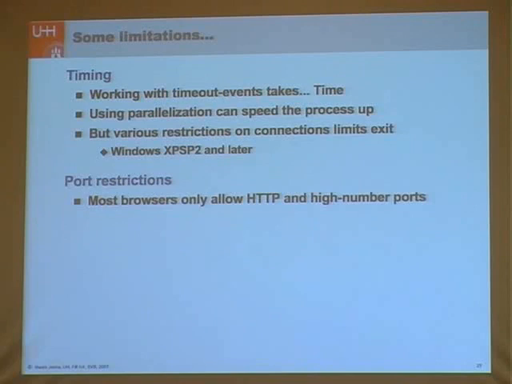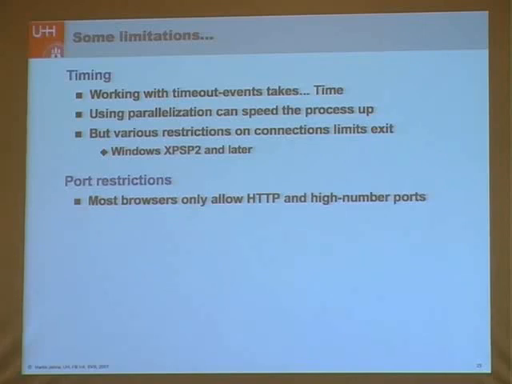The attacker works with timeout events, and timeout events take time. So the longer the timeout, the clearer is the picture, because these techniques are obviously bound to have false positives, because everything is a little bit fuzzy. We don't really know what error occurred or why the server didn't answer in time. So we have to deal with rather large timeouts if we want to be sure that we know what we're doing. And the attacker can do some parallelization, can request more than one element at a time, but